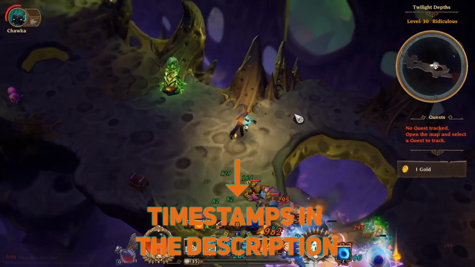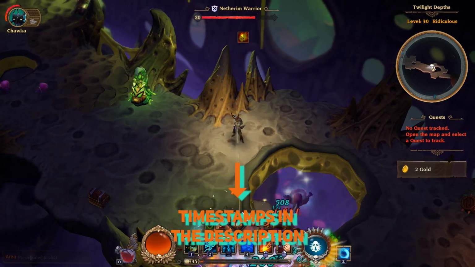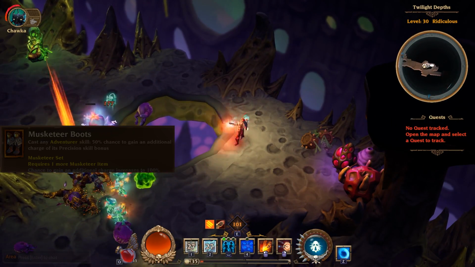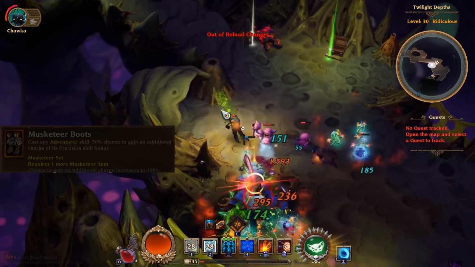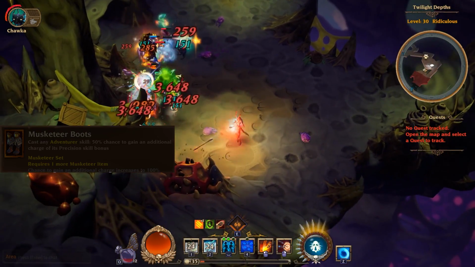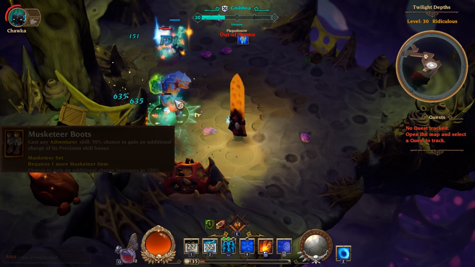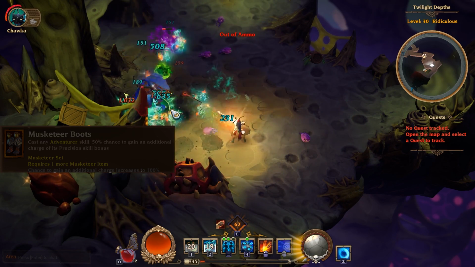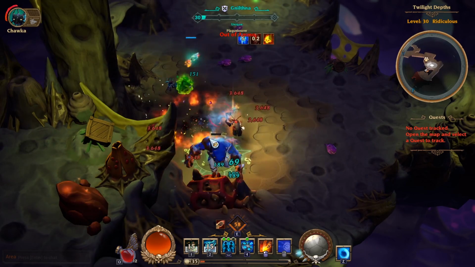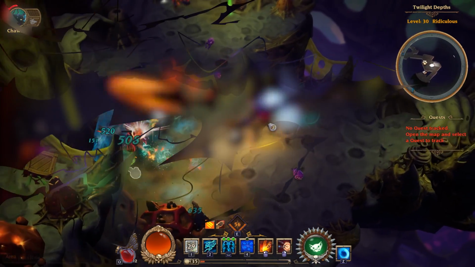And think about item synergies for the adventurer skills by looking at this image, the adventurer musketeer boots, that allow you certain bonuses, a certain chance to gain an additional charge of the precision skill bonus after using an adventurer skill. I will be showing you some other synergies for specific items for each skill as we go through it,